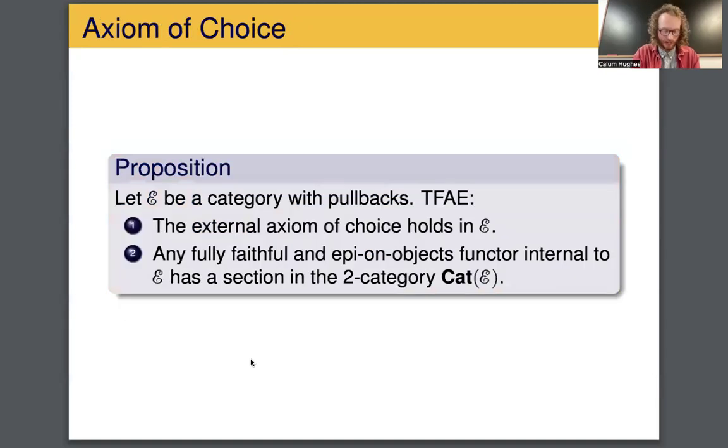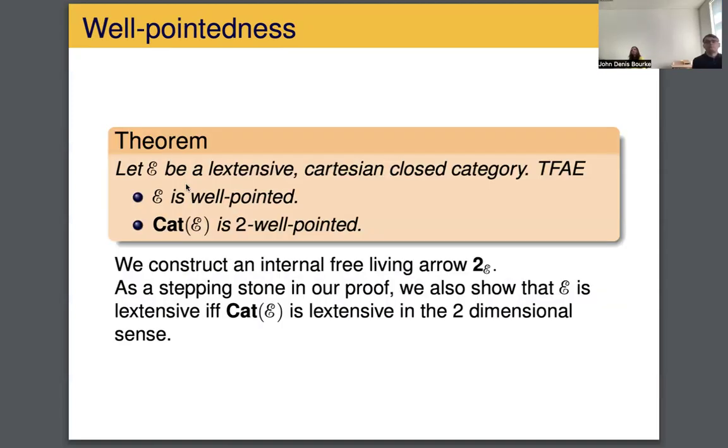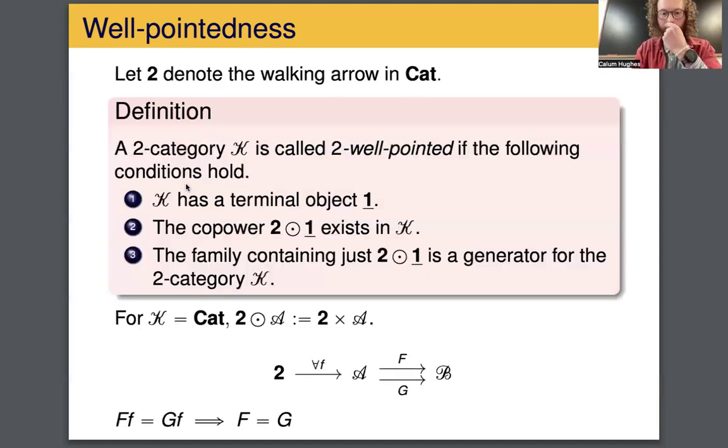So we move on to treat the axiom of choice. Can I ask about the definition of generator? Sure. Another alternative would be to say an object is a generator if you can detect two general arrows being equal, if it has the equal generator condition, but then you could also allow two cells from F to F prime.